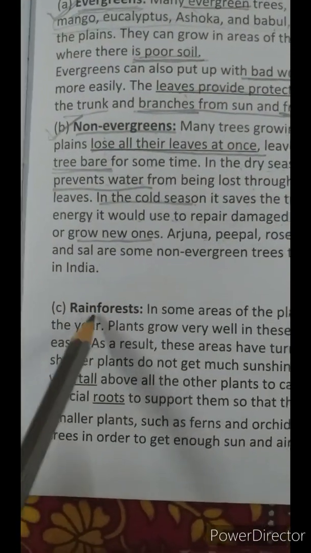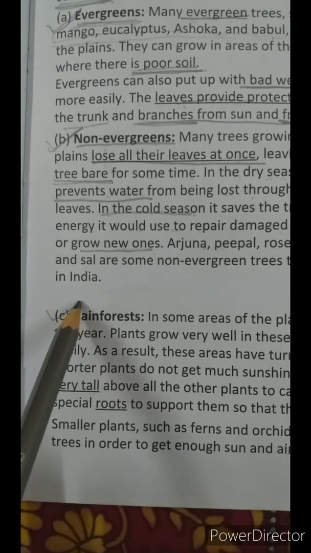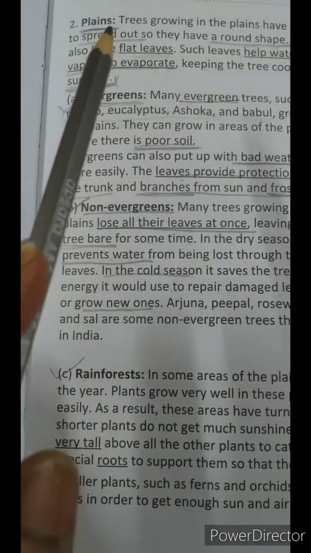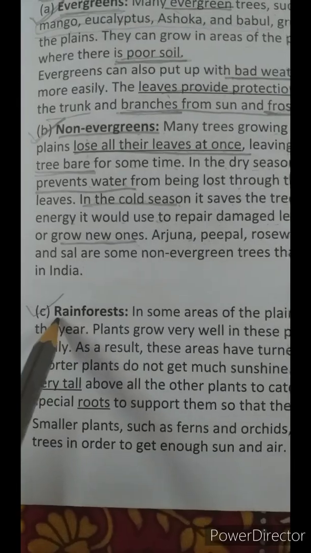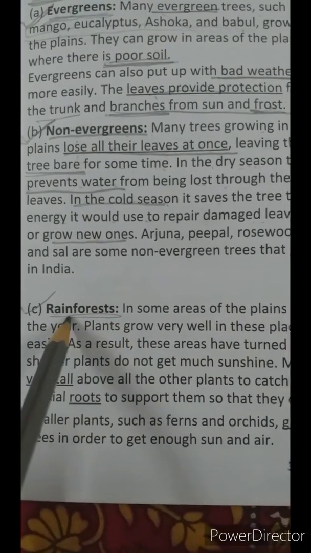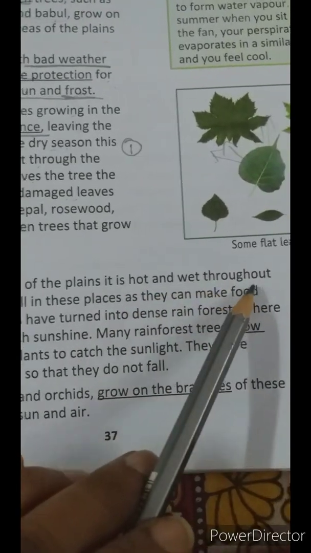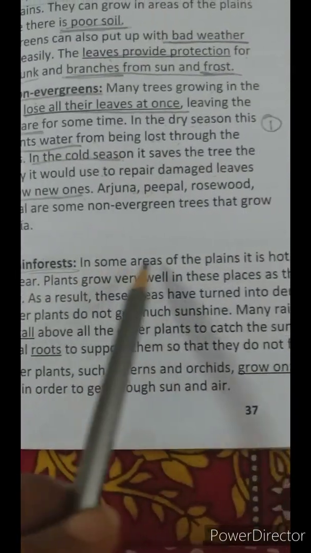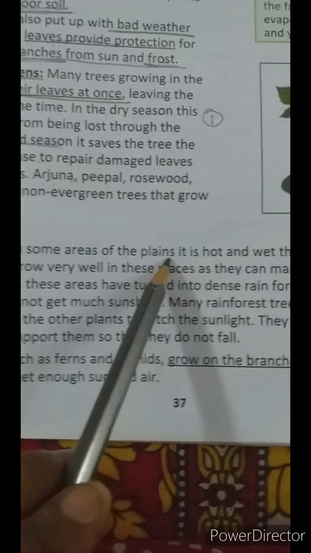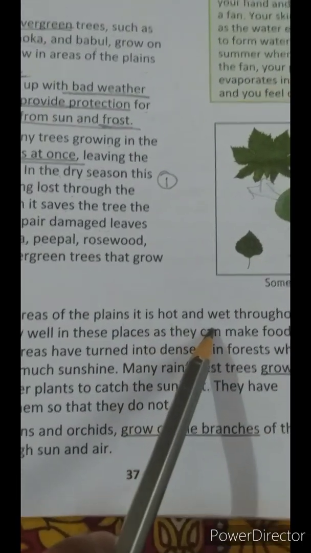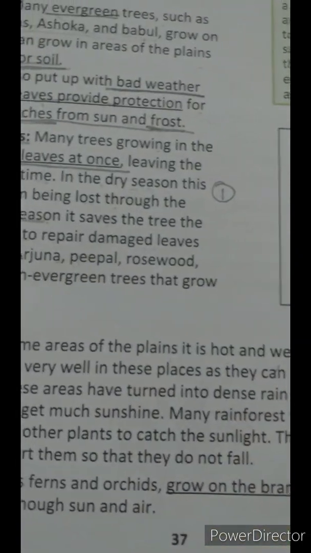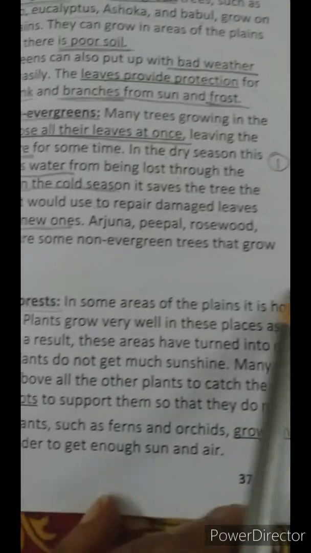So let's move on to the third type of trees that are found on the plains. This type of trees is called rainforest. In some areas of the plains, it is hot and wet throughout the year. So there are some areas on the plains, children, that are hot and wet.